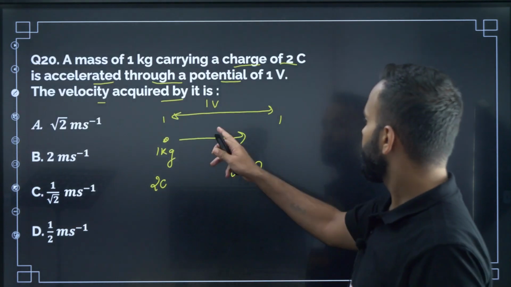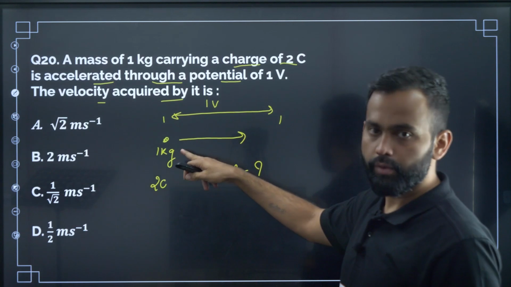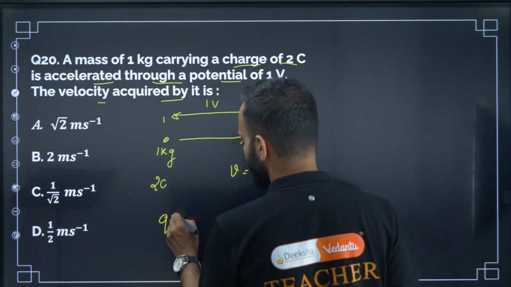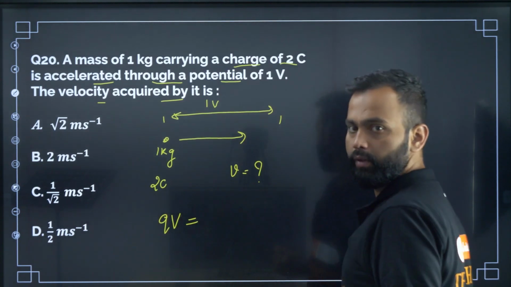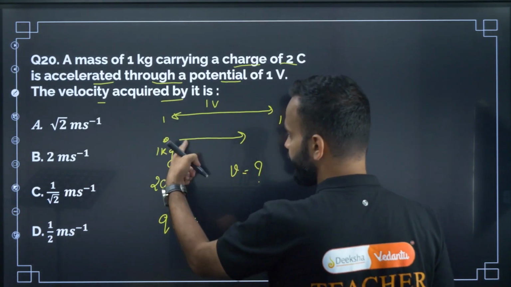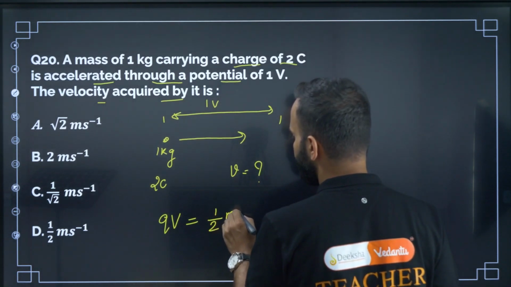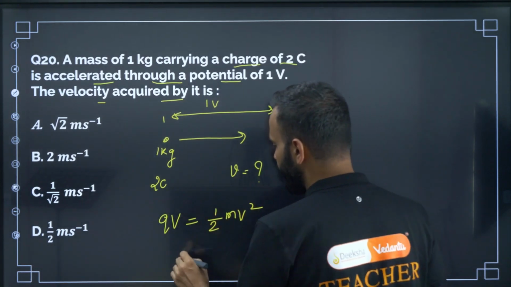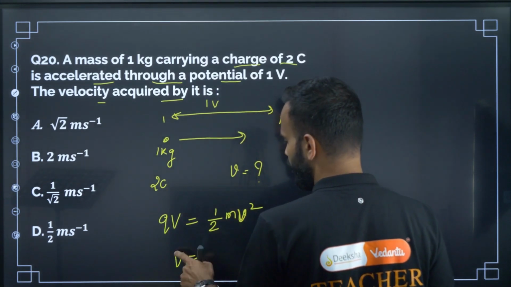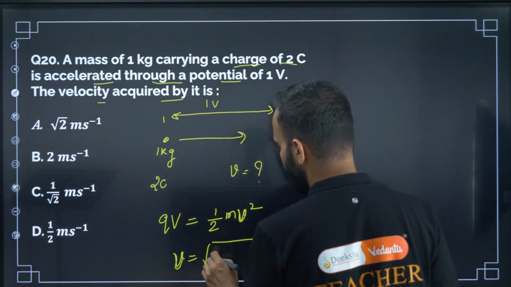So what is the potential energy? Potential energy is equal to Q into V, the electrical potential energy, which is equal to the kinetic energy gained by the particle, half m v square. We need to find v. So small v, that is velocity, is equal to root of 2